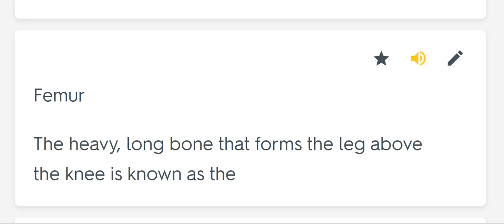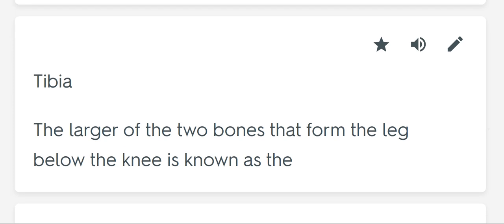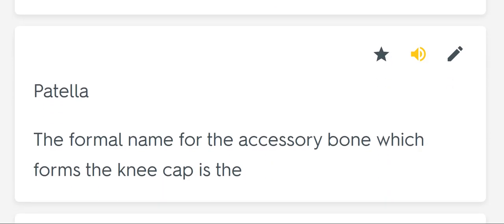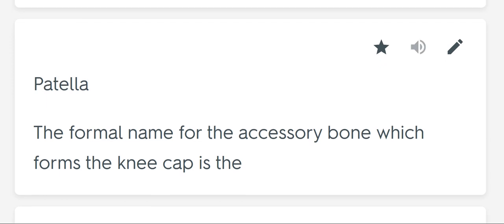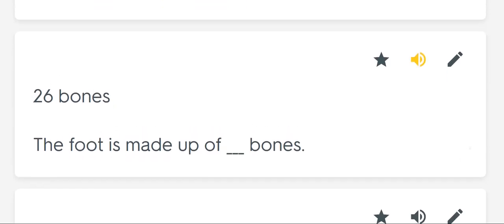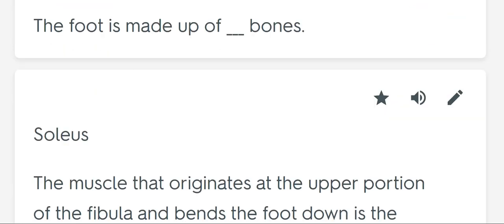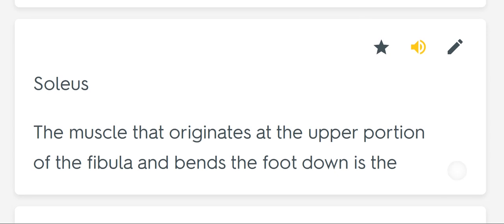Femur. The heavy, long bone that forms the leg above the knee is known as the tibia. The larger of the two bones that form the leg below the knee is known as the patella. The formal name for the accessory bone which forms the kneecap is the 26 bones. The foot is made up of blank bones. Soleus. The muscle that originates at the upper portion of the fibula and bends the foot down is the